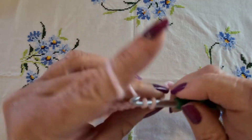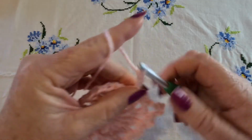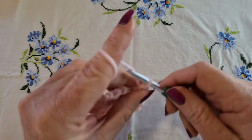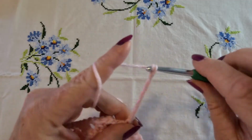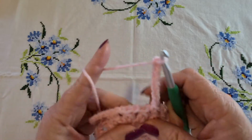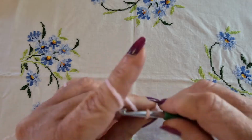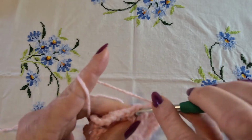single crochet, chain 3 again, single crochet, chain 7 for our final corner, 6 and 7, single crochet, chain 3, single crochet,